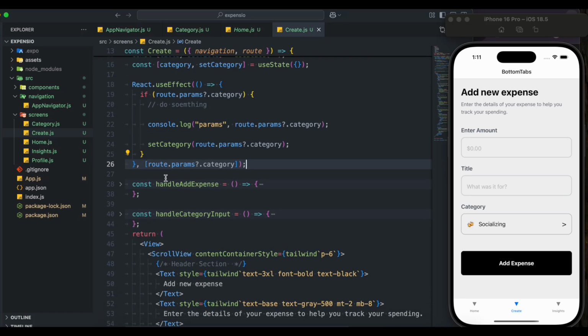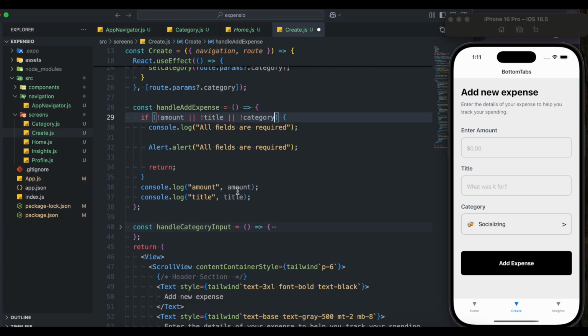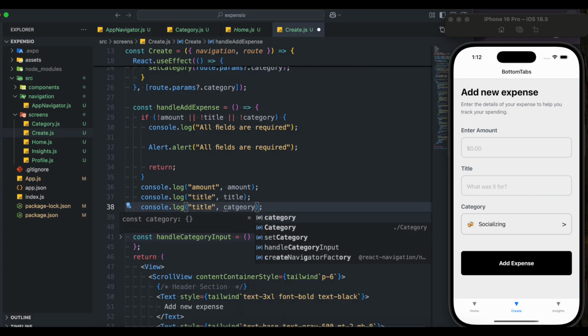Let us just log the data, right? So here, till now, in the handle add expense, we were just logging amount and title because our category part was not complete. So now, if there is not a category, because we need to validate the category also, right, we would return, and then let us just log the category dot name